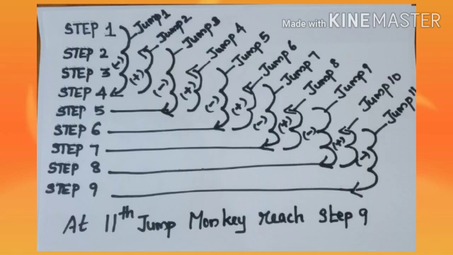And one thing, the number of steps moved down is represented by negative integers and the number of steps moved up by positive integers. So when the monkey is on step 1, when it jumps downwards, the integer is represented by negative, and when it moves back or moves up, it is represented by positive integers.